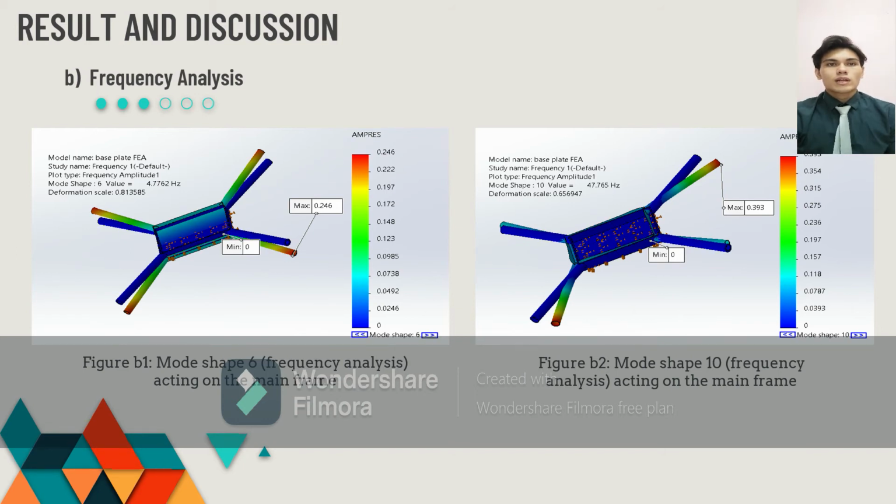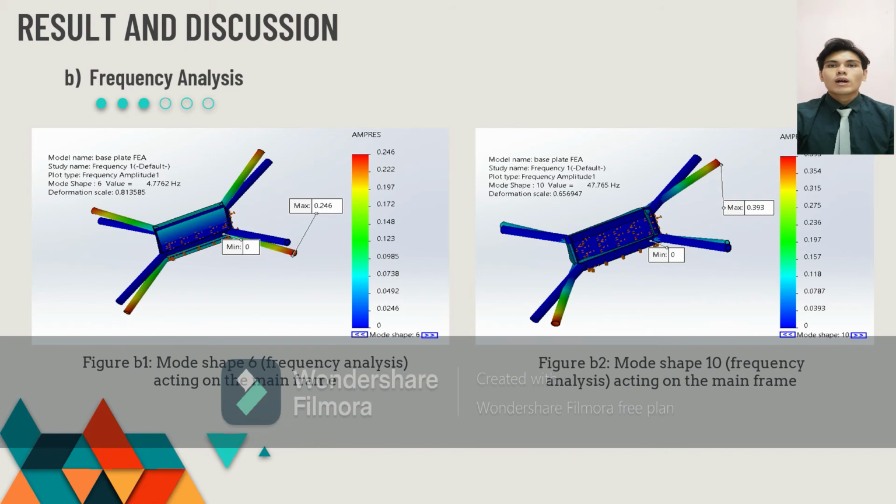As you can see, the red color part is the maximum amplitude of vibration indicated on the structure, and the lowest one is the blue color, the minimum value. Same goes for the right figure. The red color shows the maximum value of amplitude of vibration at 0.393 mm. On mode shape 6, the result shows when the structure vibrates at